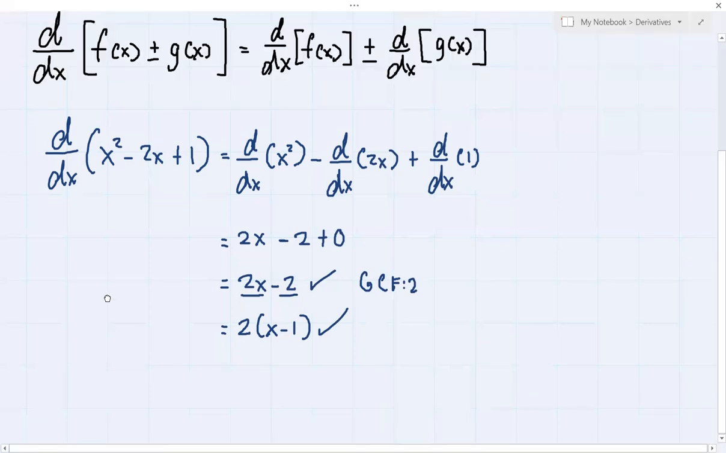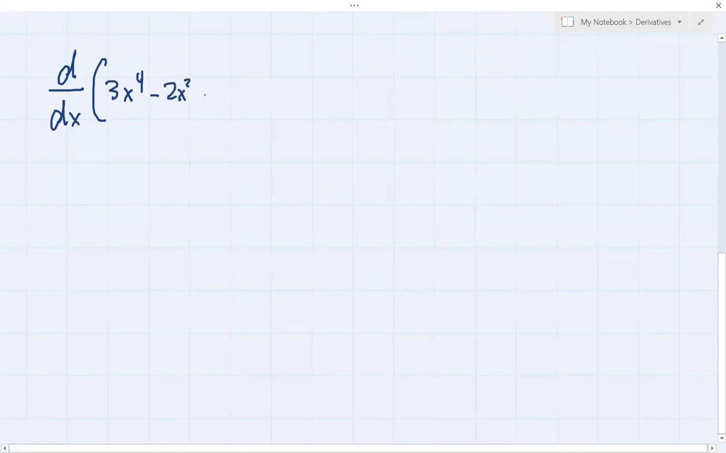Okay? Isa't isa. Now, let's try one more. Okay? So let's just say we are asked to get the derivative of sabi nating 3x raised to 4 minus 2x squared plus x plus 5. So paano to? So, anong gagawin? Kapag sum and difference, basically, we will differentiate them one by one. So magiging